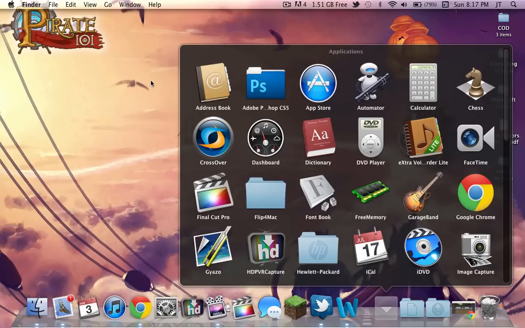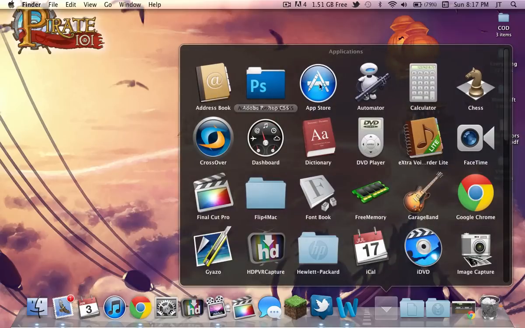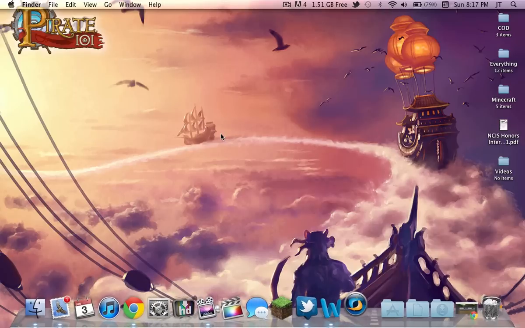I'm going to skip some of them, like address book is obvious. Photoshop is pretty obvious. You can see what it is. App Store, which is where you can get all your apps from. Automator, I don't know what that does. Calculator, self-explanatory. Chess, self-explanatory. Then we get over to Crossover, which is what I use to run any Windows application,